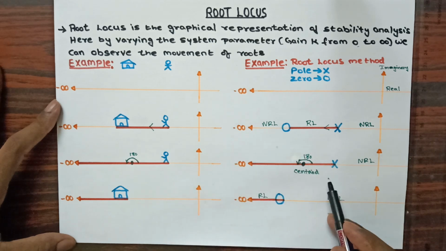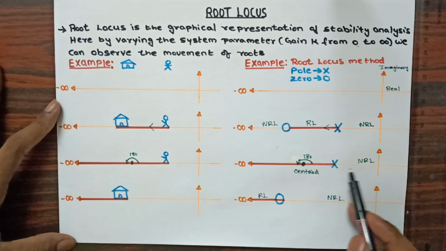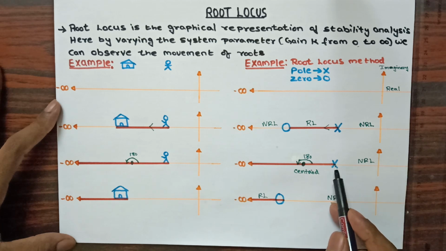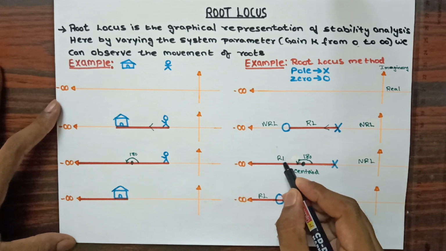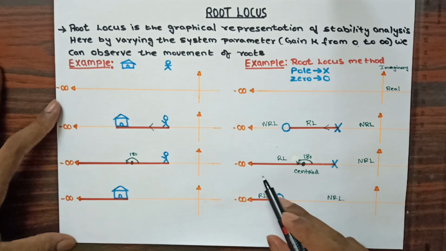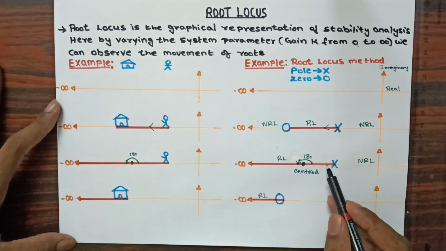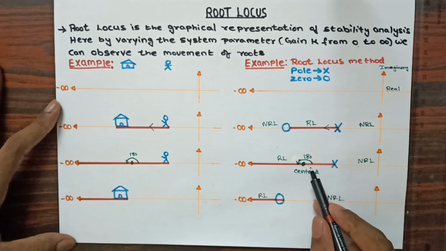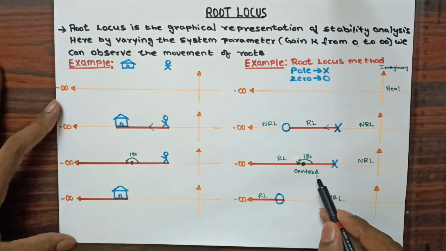And you can see in the next case, here we are having only one pole. The method to find the root locus path is the same. From this point to this point it is an even count, so this part we are considering as no root locus path, and from here onwards we are getting count 1, that is only one pole. Till infinity we are going to consider it as a root locus path. Now as we know, when any pole moves to an infinite destination, we need to provide an angle for that pole. That is, we are considering that pole as an asymptote. The angle I am providing to this asymptote we call the angle of asymptote, and the point we consider to draw the angle we call the centroid.